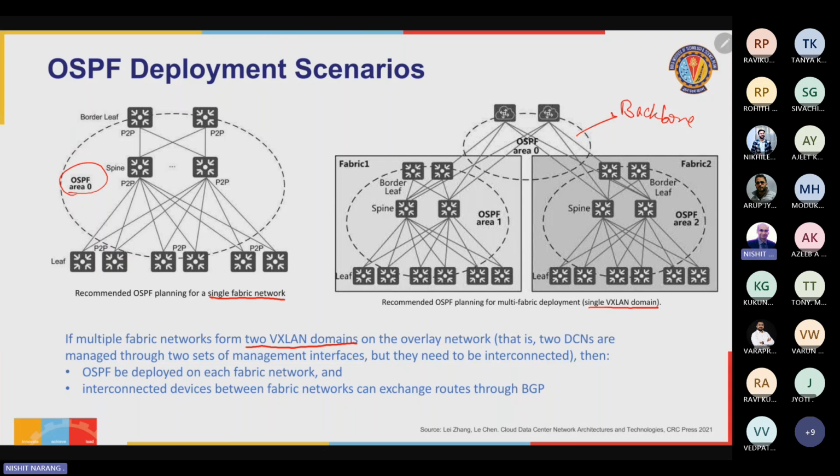It is also possible that each of the fabrics I run just OSPF individually, and then the interconnectivity between fabrics, rather than using it as OSPF area 0, I can use BGP. Because this is like connecting two different autonomous systems, AS1 and AS2 together. So depending upon how you are treating your fabrics, are they part of the same data center, which means they are a single VXLAN domain, or are they to be treated as two data center networks physically co-located in the same geographical